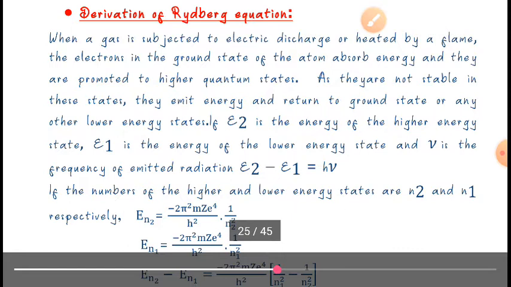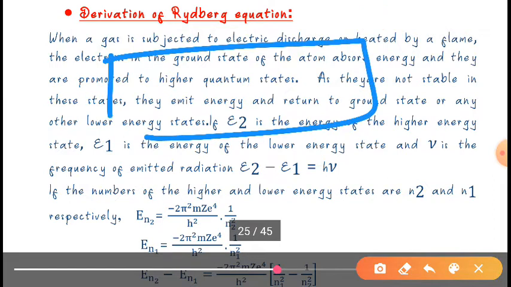By using the quantum theory of radiation, Bohr gave an explanation for the appearance of spectral lines in the hydrogen spectrum. He says that when an electric discharge is passed through hydrogen gas filled in a discharge tube at very low pressure, the molecules of hydrogen will break into atoms. Suppose I give you one example.